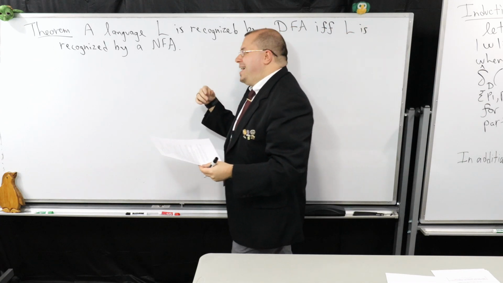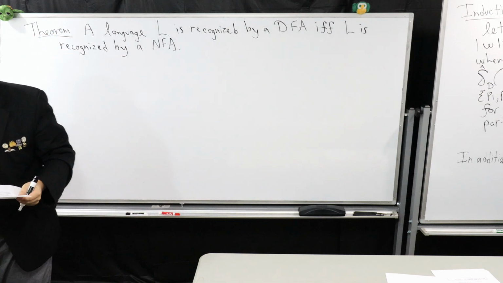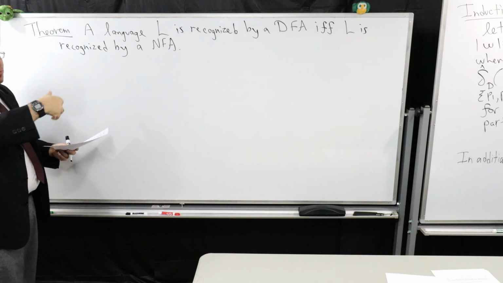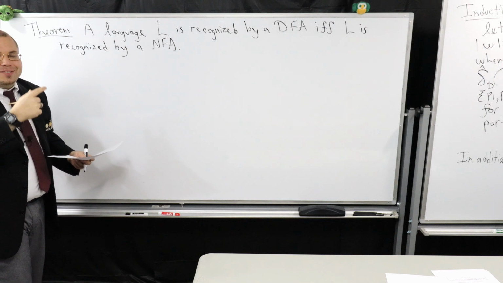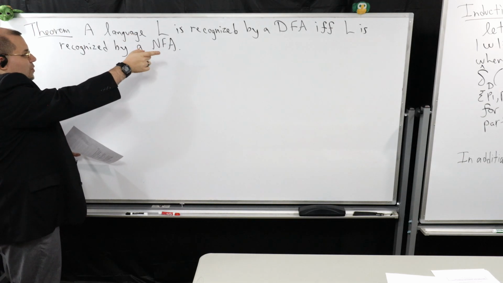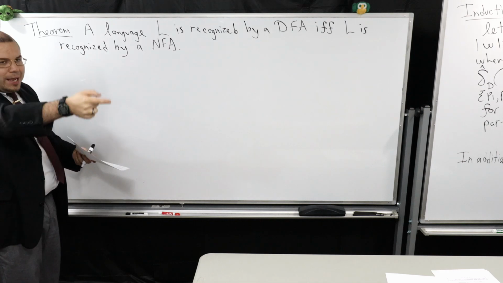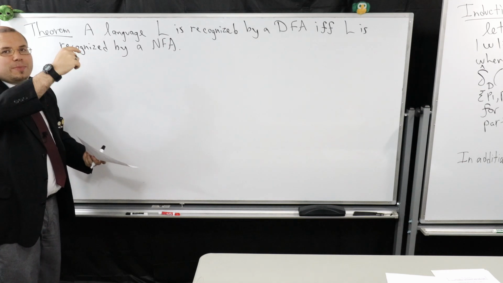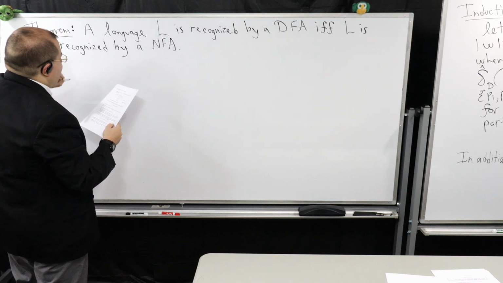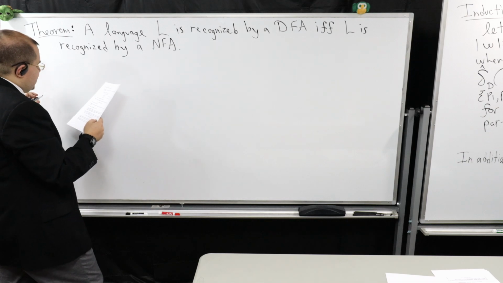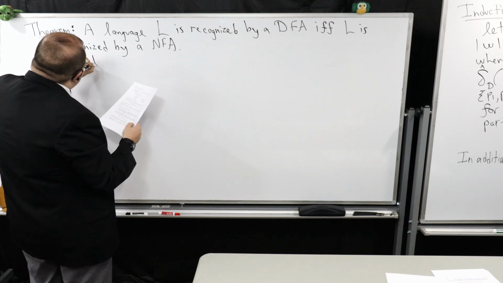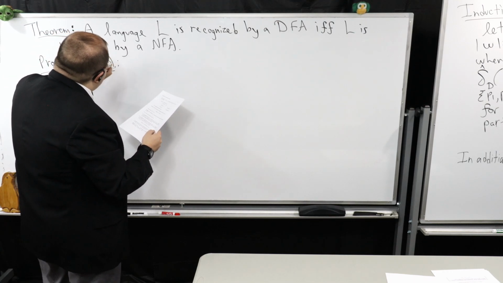Whenever I give you a language, if this language is recognized by either a DFA or an NFA, there is some way that I'll know for certain it's regular. Well, if it's a DFA, it's regular right off the hoop. But this if and only if connection allows me to go from an NFA to a DFA and from a DFA back to an NFA. This is essentially the powerful idea I've really been trying to prime you up to at this stage. So I'm just going to give you a proof sketch. You can read the full proof in the notes.